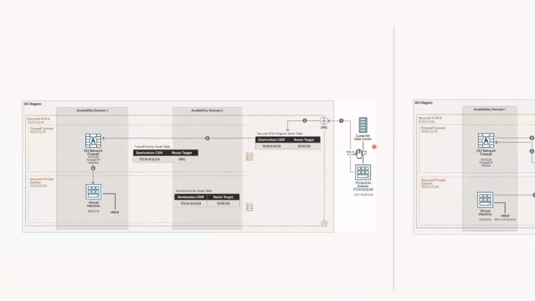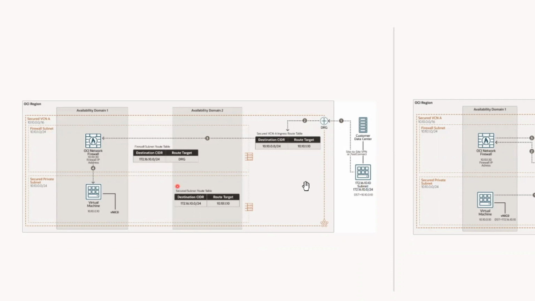So this is my customer data center. This is my customer VCN address range, and yes, just to be sure, there should not be any overlapping address ranges within OCI or for on-premises which is communicating with OCI, because that is not supported. Okay, so this is the address range on the customer's data center which wants to communicate with the OCI region over here,